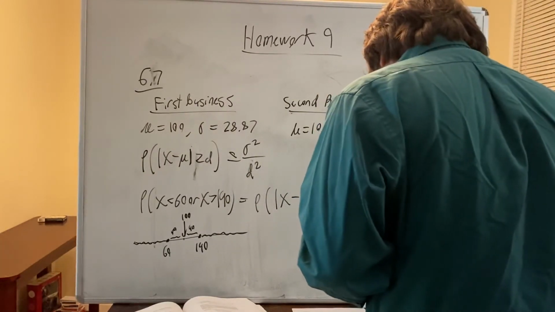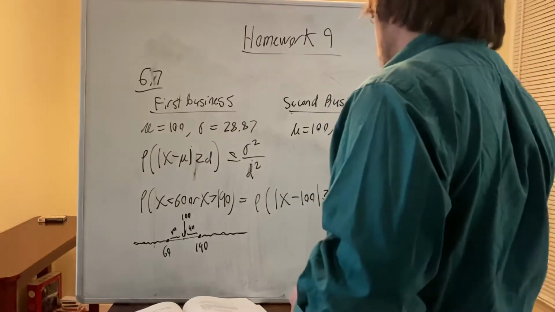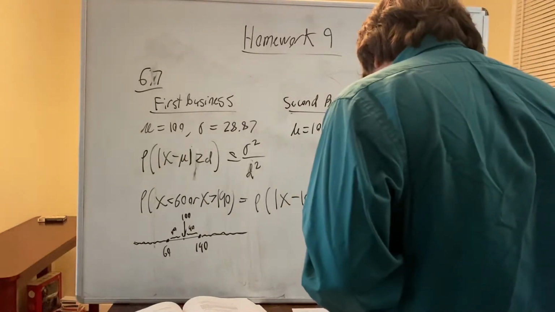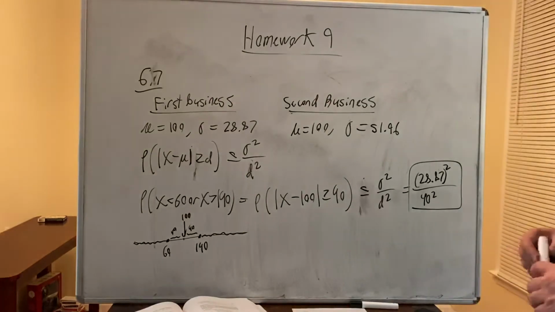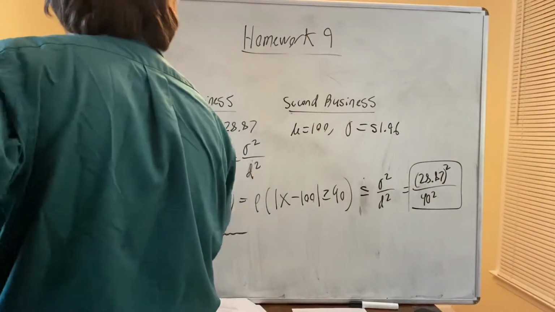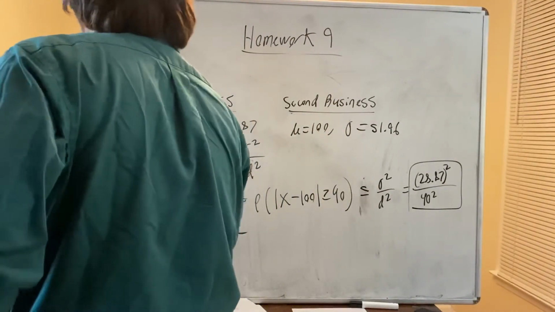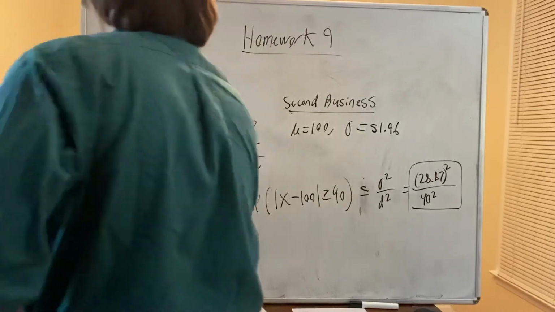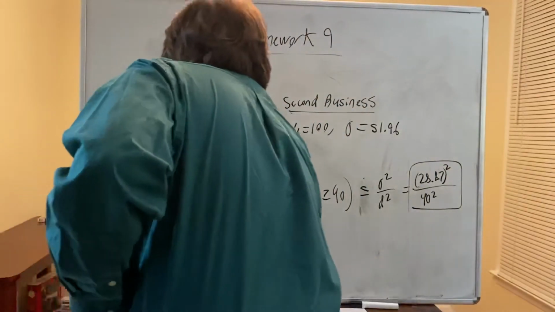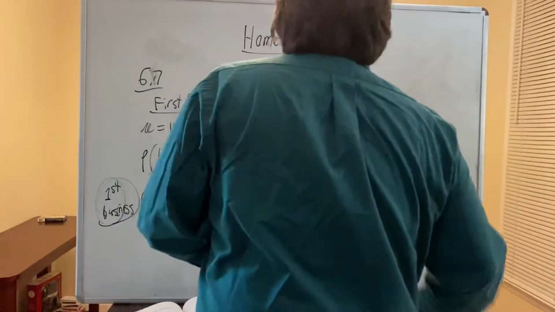Okay? And so the estimate is that probability is that amount. And you just do the same thing for the second business. So this is for the first business. Okay, so that's for the first business. And then for the second business, I'm just going to do the same thing here. For the second business,